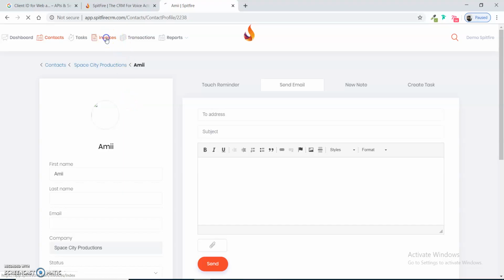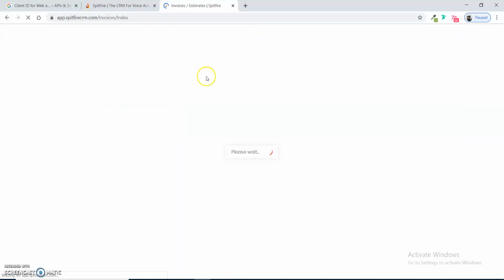Also in the invoices, we are using the sending functionality to send invoices and estimates.